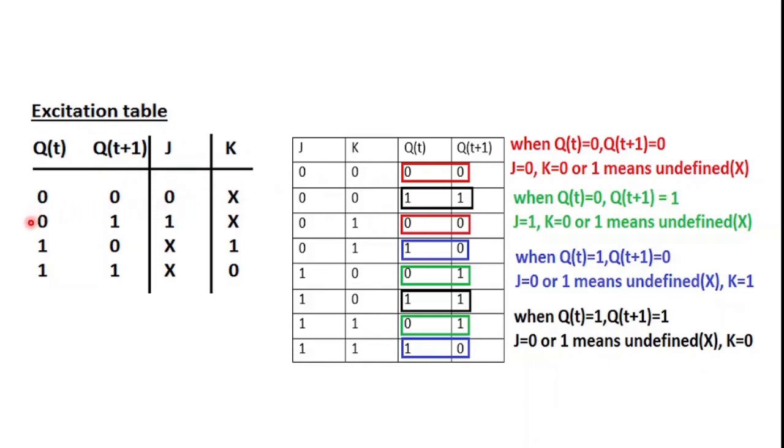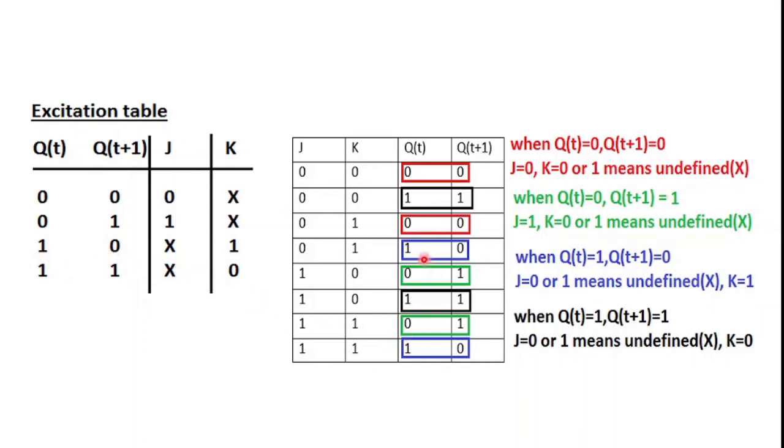As for this scenario, when QT is 0 and QT plus 1 is 1, just like this one, the green marked scenario, for this combination you have to notice that J is always 1, like this one and this. As for the K, however, it is undefined because it's whether 0 or 1, so it's undefined. And you can understand the rest of the things by yourself, that when QT is 1, QT plus 1 is 0. For this kind of